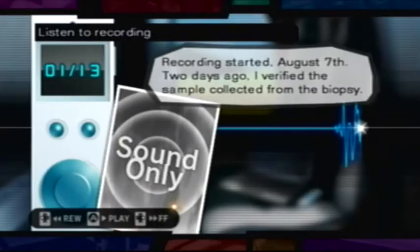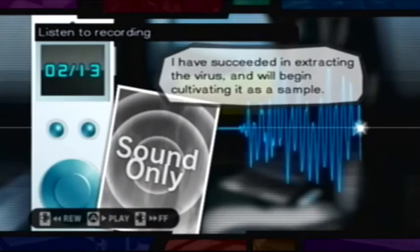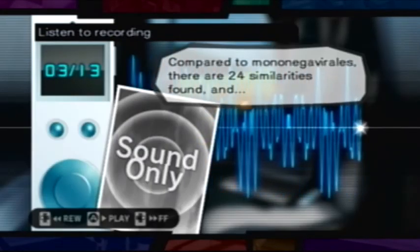Recording started August 7th. 2 days ago, I verified the sample collected from the biopsy. I have succeeded in extracting the virus and will begin cultivating it as a sample. Compared to the Mononegavirales, there are 24 similarities found, and...